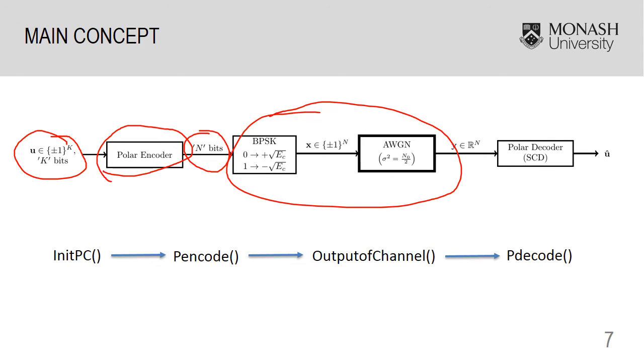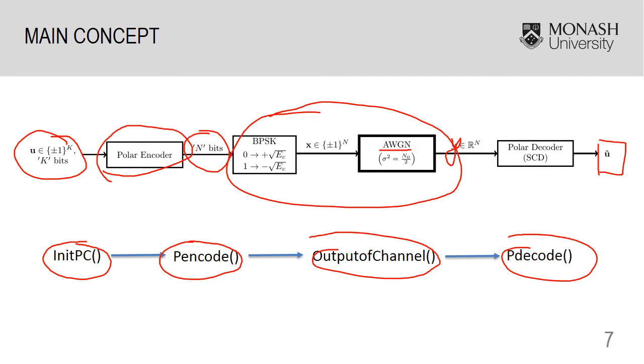For example, it can be AWGN, it can be BSC channel, it can be BEC channel as well. And at the end, the output, which is Y here, will go through the Polar decoder to produce the final decoded message U. So in Visual Studio, it will be represented as initialize PC, P encode, output of channel,